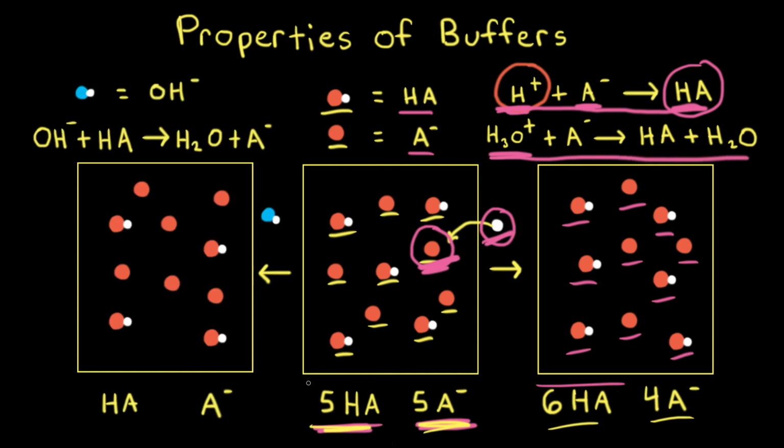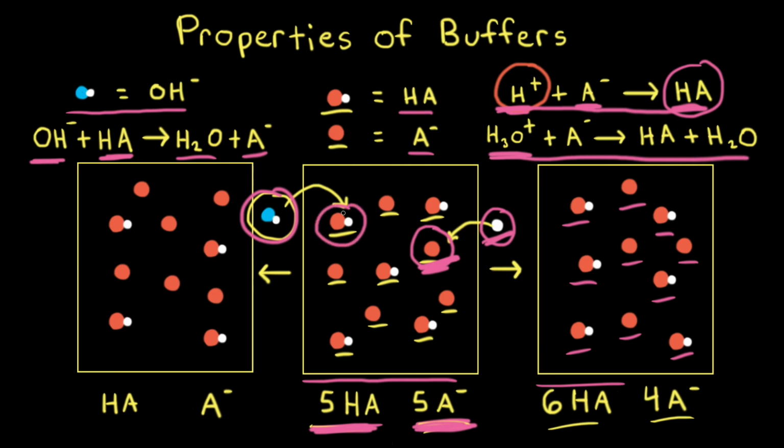Next, let's go back to our middle particulate diagram with 5 HA and 5 A-. And this time, let's try to add some hydroxide ions to the solution. Let me go ahead and draw an arrow here. So we're going to add a small amount of base to our buffer solution. The hydroxide anion will react with the weak acid that is present, HA, to form H2O and A-. So for the particulate diagrams, we can think about this OH- reacting with one of the HAs to form H2O